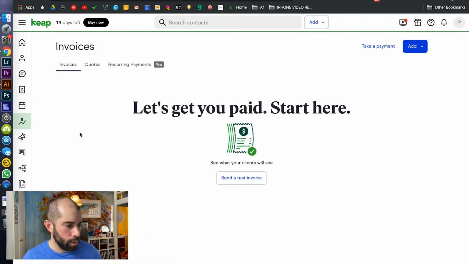Then you have the invoices, which is also really nice. So again, you could use an invoicing app. There's other ones out there, but Keap has the invoicing built in. And all of this is integrated into each other. So if you have a contact in here, you can use the same information in Keap to create the invoice for them. You can put them through a marketing process, which includes sending them an invoice automatically, and then it shows up in Keap.